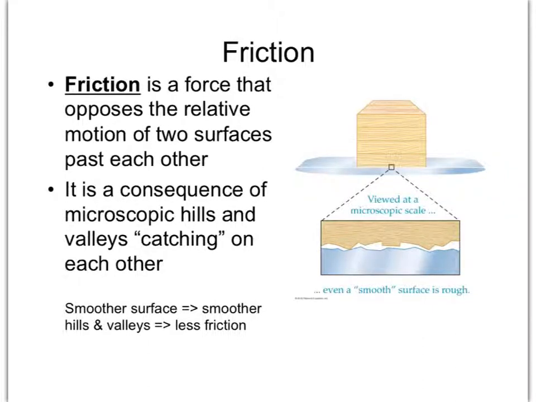We're continuing our Chapter 6 discussion on forces, and the force we're going to talk about in this video is friction. Friction is kind of interesting in that it doesn't really exist as an independent force, but simply exists to oppose other forces. For example, if you have a box sitting stationary on a tabletop, there is no friction because nothing's trying to move it. But only when you have some force trying to move the box do you get a resisting force